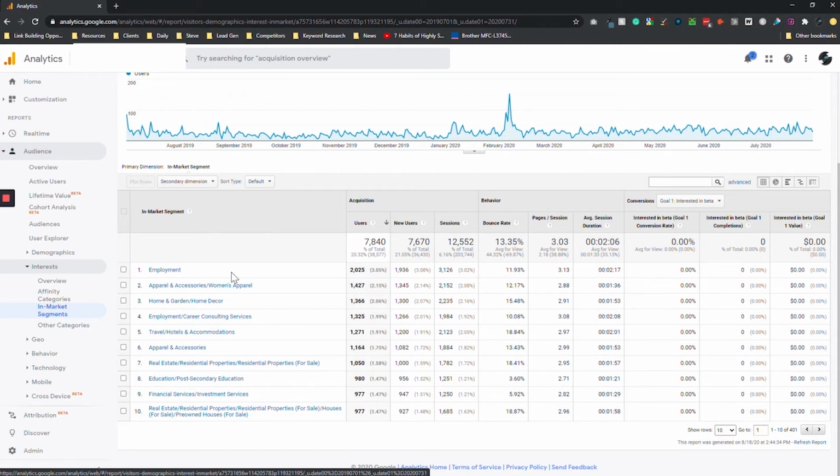So based on what's currently going on, we can create an avatar based on this information here, which is purely fictional. It just helps us to get an idea of who this person is. But basically, we can go, all right, well, this person's lost their job because of COVID. So they're looking for other employment opportunities. They're also looking for career consulting, just to possibly get a look at a career change, or maybe they needed to improve their resume